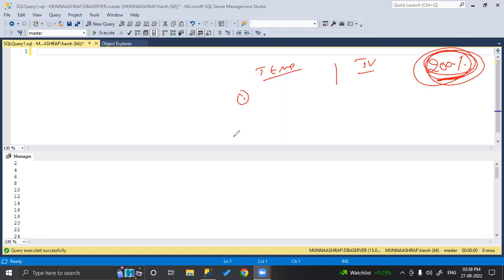Temporary table will be used under stored procedures.